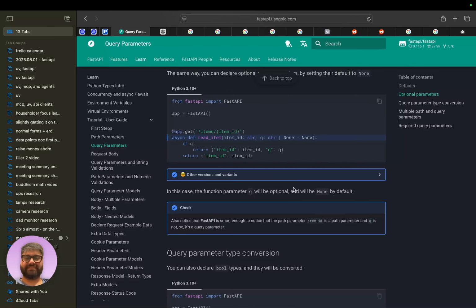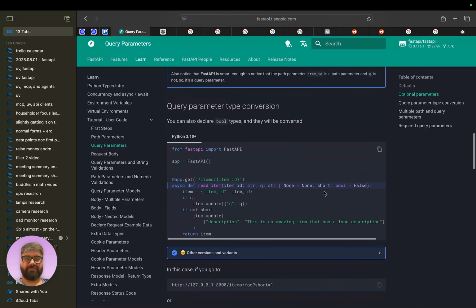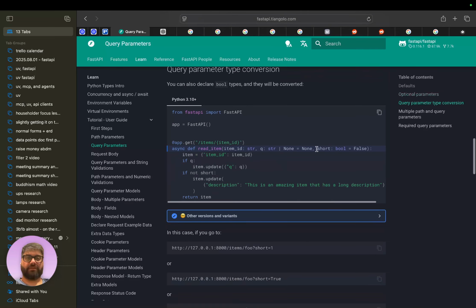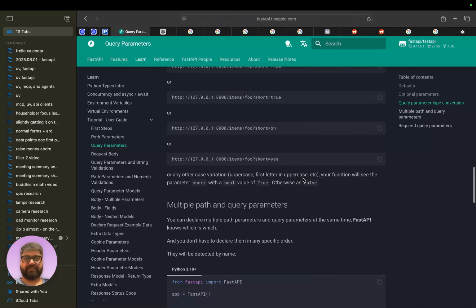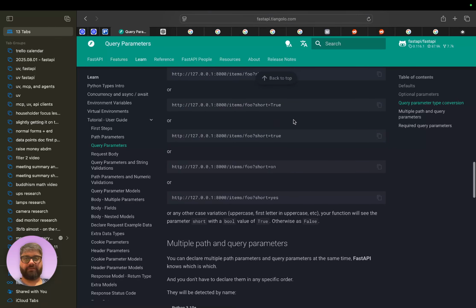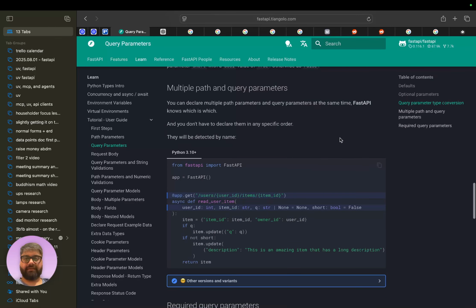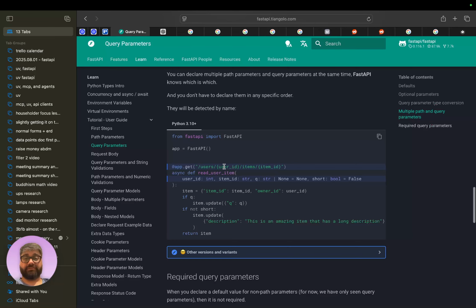So that's essentially it. They go into a lot of detail, talking about all the possible options, how to set a default value versus an optional value, and what it looks like in the URI. The fact that you can conjoin this, you can have multiple path and query parameters, no problem.